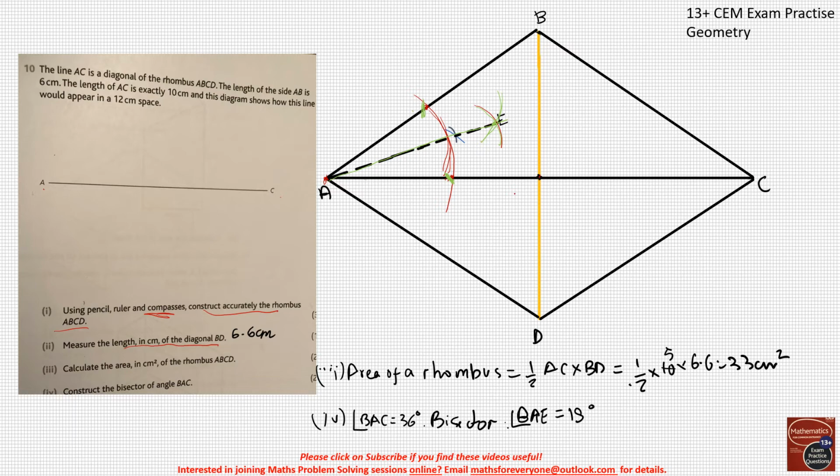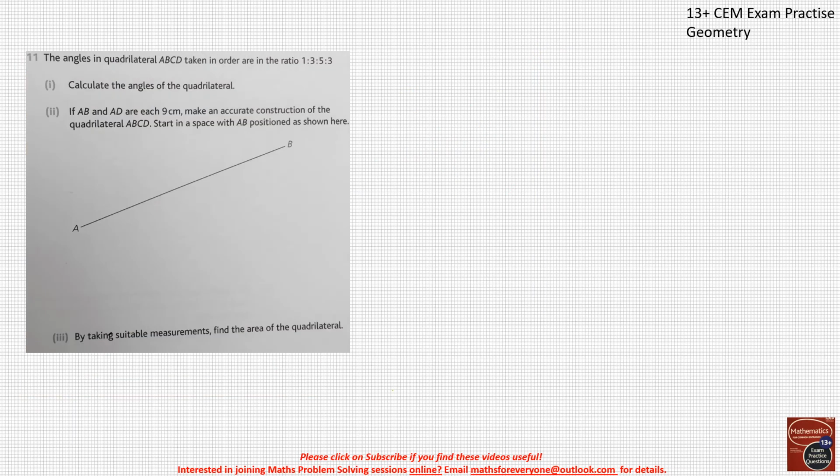So you have cut this angle in half. That's what I got. These were the lines I got. So that is bisecting. When you bisect, you will see that the angle is 18 degrees. Right? Okay, so the next question is: the angles in quadrilateral ABCD, taken in order, are in ratios of